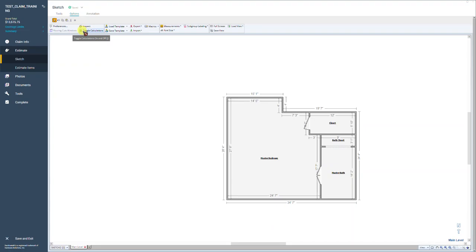If it's on, it'll be a little green circle with a check mark. I'll click on it here. This will let you know that it's off: a red circle with a little X. Simply left click here once with your mouse. It turns it on and off. So we have our toggle calculations on. Let's go back to the tools options because we'll need this later. Once that's set,